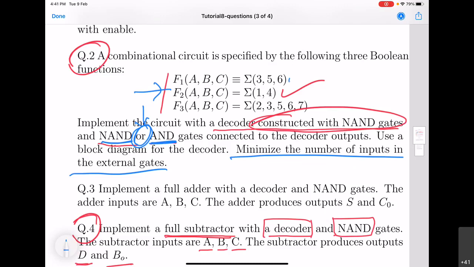Up till now for F1 and F2, we have used only NAND gates. For this case, there are only two inputs, so there is no question of further minimization. Here one can maybe say that 3 is also okay. But for F3, we require a 5-input NAND gate, which is definitely not the minimum possible number of inputs.